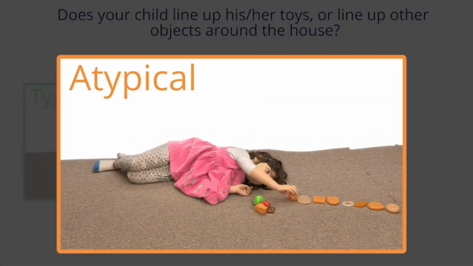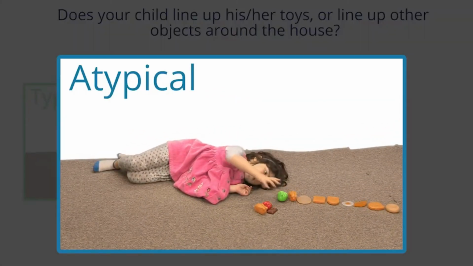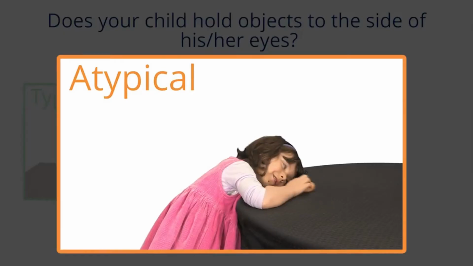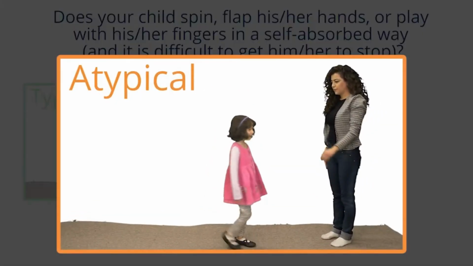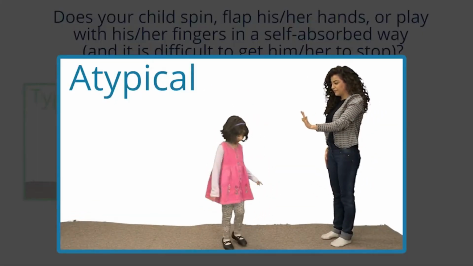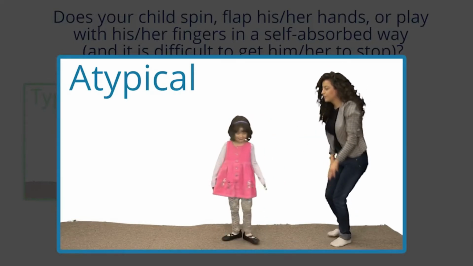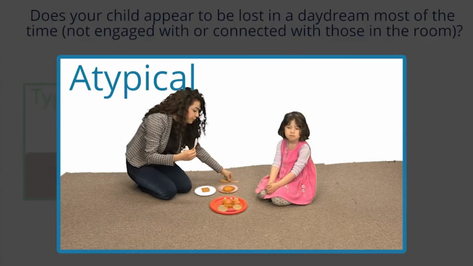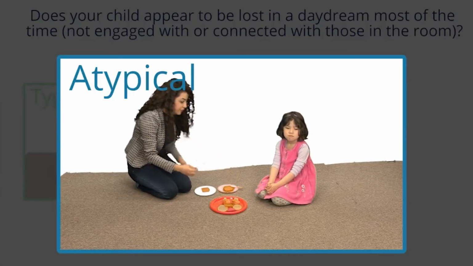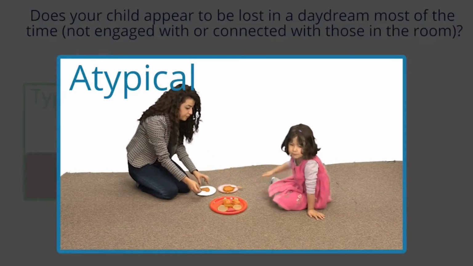If a child would rather line up their toys than play with them, this may be a warning sign. A warning sign may be a child's prolonged viewing of a toy from the side, out of the corner of their eyes. However, it may be a warning sign if done often, repetitively, and appears hard for them to stop when directed to. A warning sign may be a child who shies away from engaging with others, often appearing disconnected from those around them.